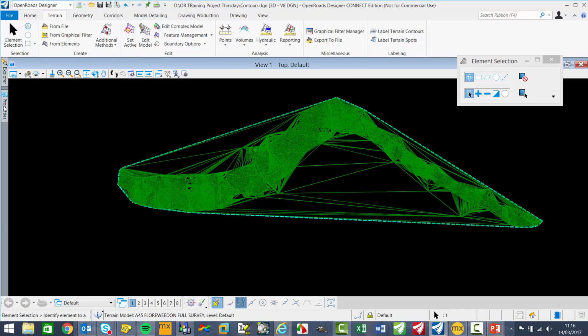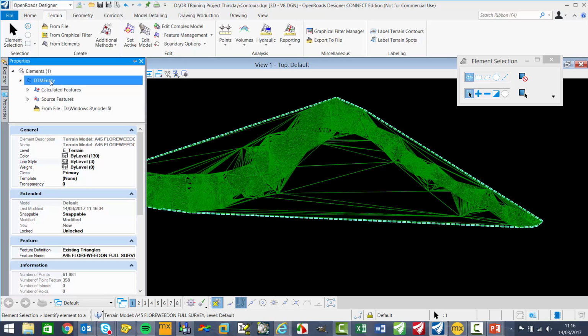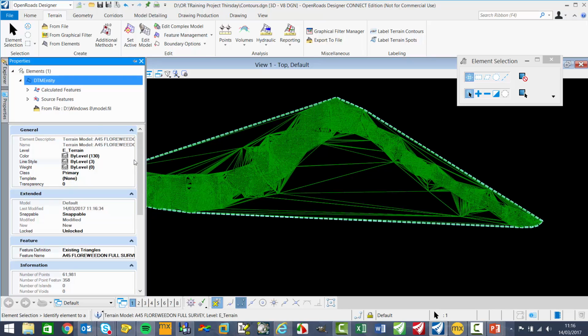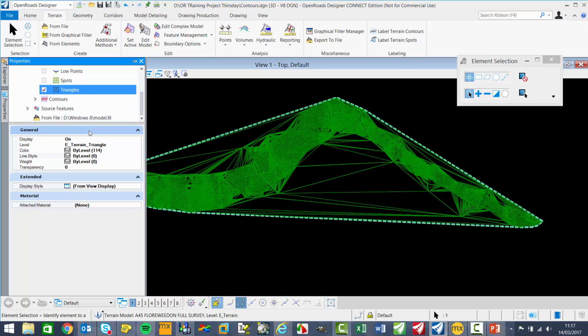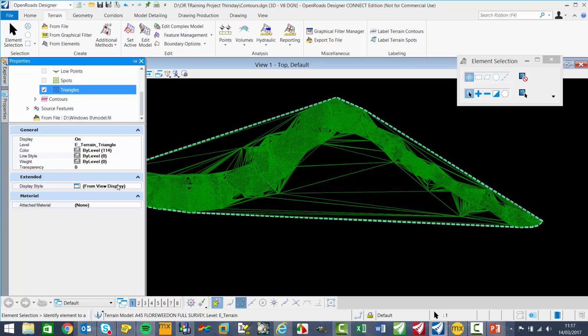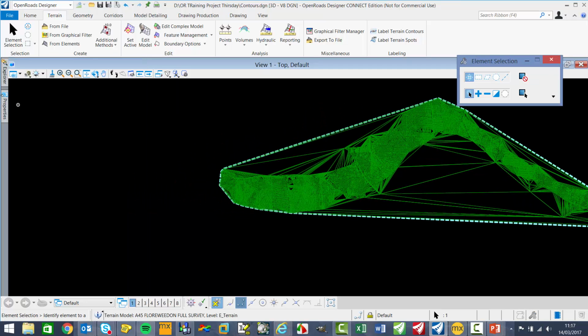So again, what we can do is go to our triangulation and start playing around with the triangulation. So we can edit some of our calculated information